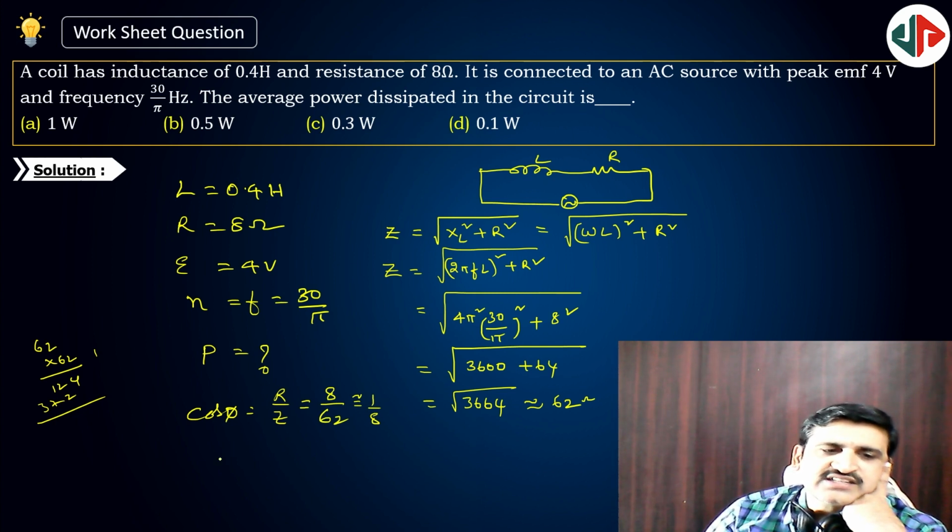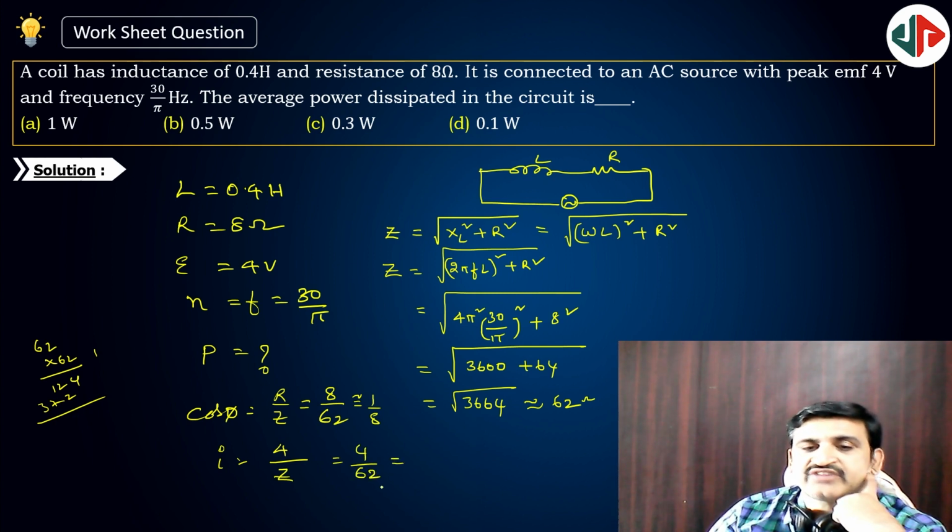Now current I is equal to V by R. V is 4 by R value. Is it peak voltage? Okay, peak voltage by R value. V by Z, 4 by 62. 4 by 62 is 64 if I can feel. Then 64 is 1 by 16. Okay, fine. Now power dissipated is equal to